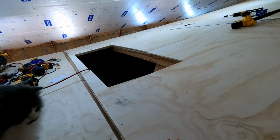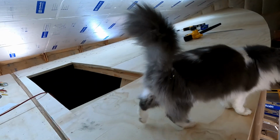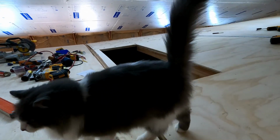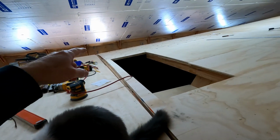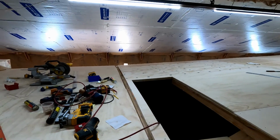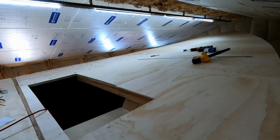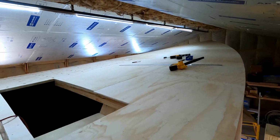And then up here, I've started on the foredeck. I think it was Sunday when John was here, and we put 2 sheets on, and then yesterday I got a sheet on there. There's going to be about a half sheet that goes on back there. I'll get that put on today. So here in the next 3 weeks, I suppose, something like that, I'll have the 3rd layer on, and then